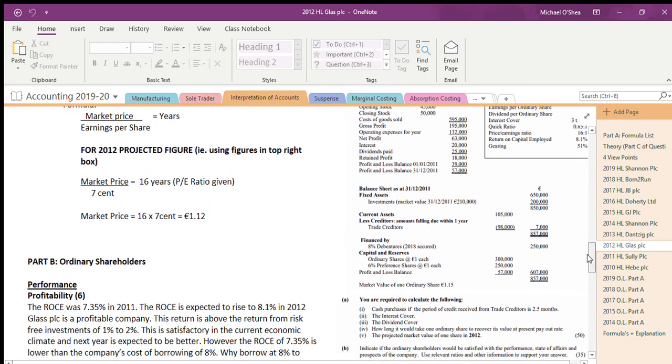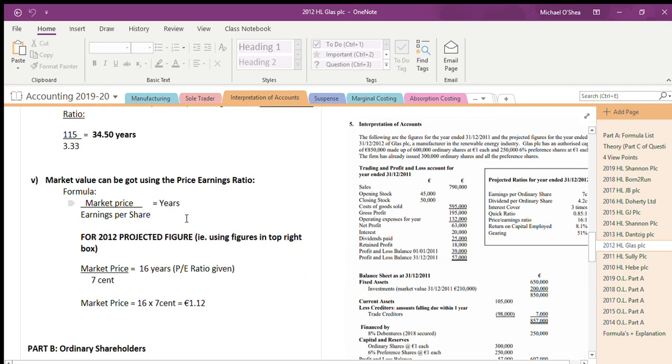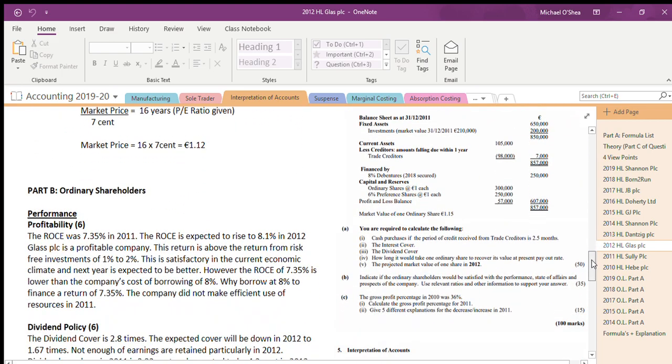I'm drawing your attention to this because it's the projections for next year. And whenever you see market value, it's not a formula in itself. You just have to work off of the P/E ratio. You're given the P/E ratio, and you just plug in the other figures, and market price will be your X. Okay, part B. I've already kind of gone through it. What you would do. So usually you say,